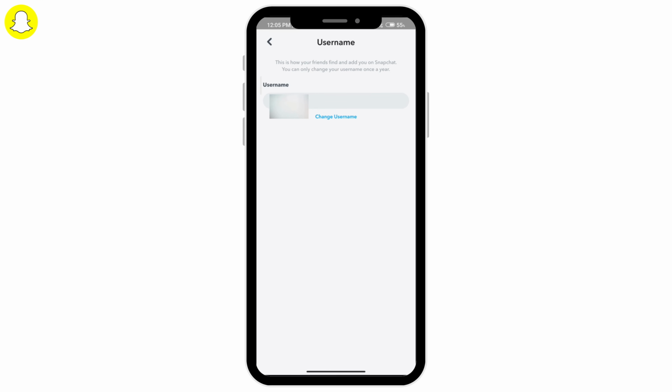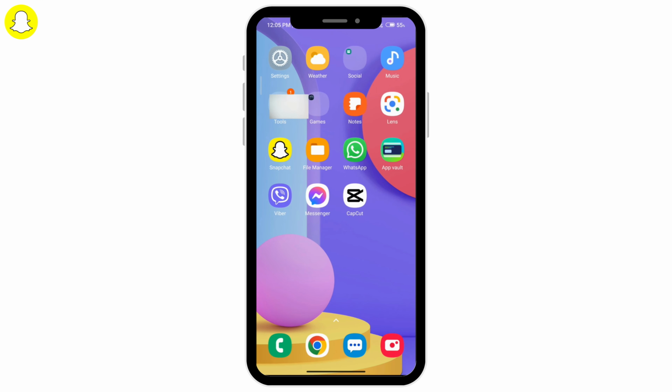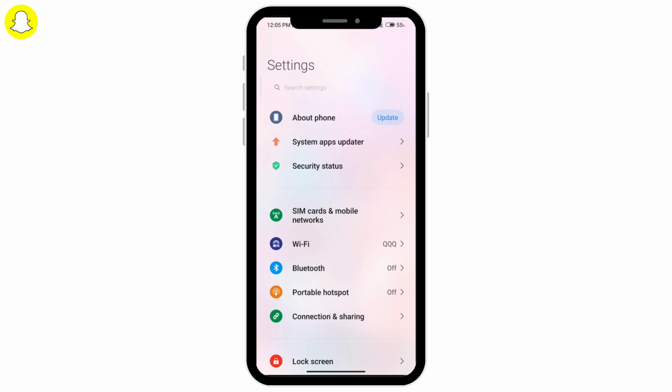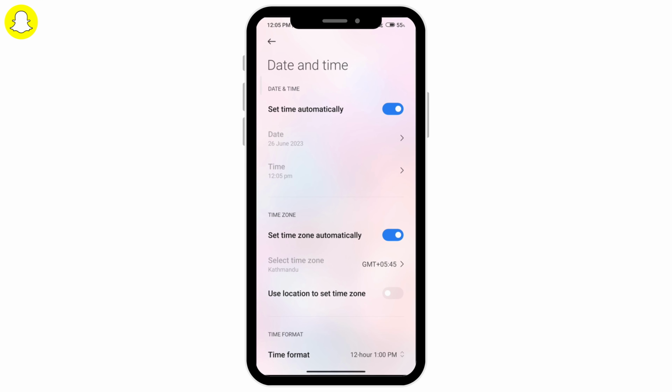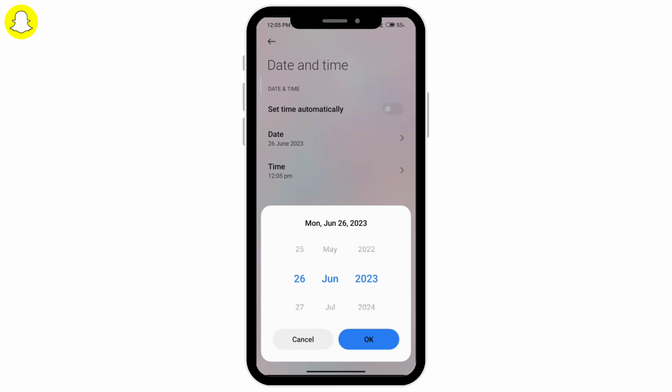And once you find the date, go out of this and then open your phone settings. So go over to the date and time on your settings and then turn the set time automatically off and then click on the date and then set it to where it has already been a year since you have last changed your username, and then tap on OK and then select the time as well,